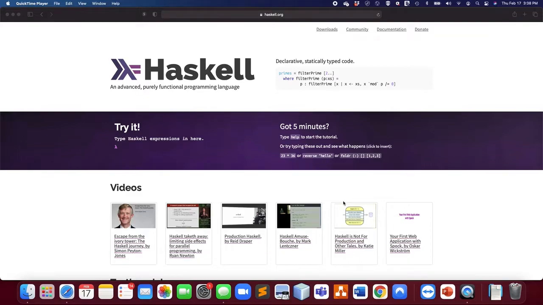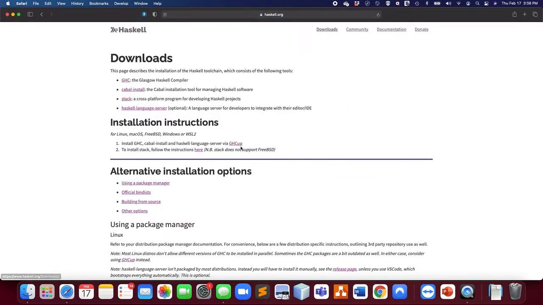So this is a little tutorial for installing GHCI, which is the interpreter for Haskell on macOS. The first thing we're going to do is quite simple on Mac. You're going to go to haskell.org and then go into the download section, and we have here the installation instructions to install GHC, which we want via